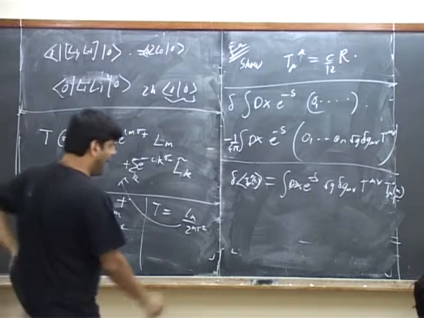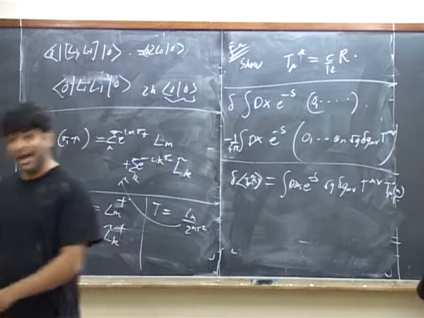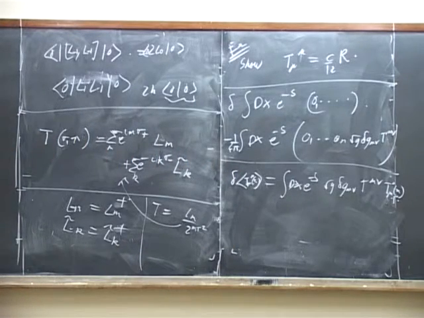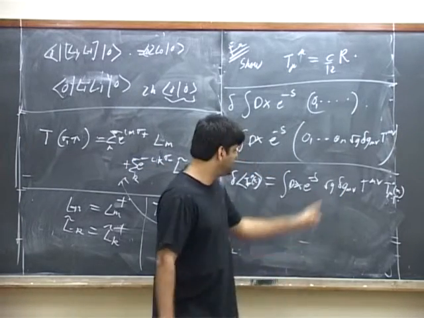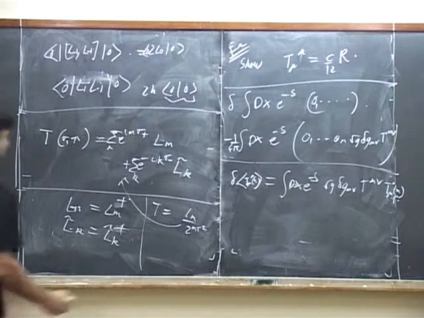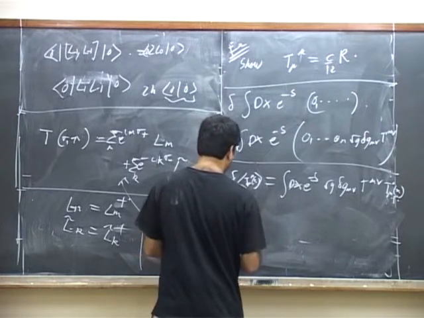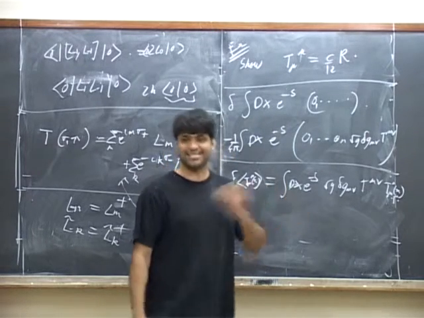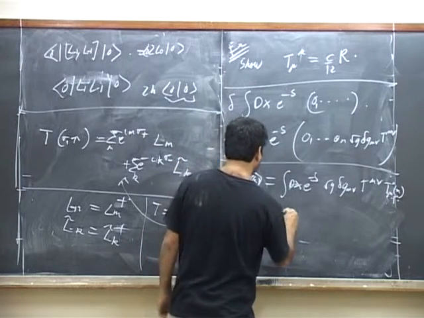Okay. Now the next step. What I'm going to do is to choose a particular form of this delta g. I'm going to choose delta g mu nu. Okay. So I'm going to work around flat space and choose delta g mu nu to be equal to